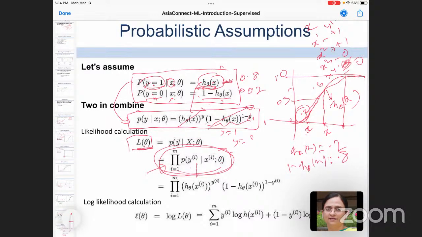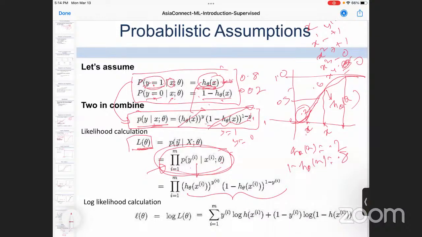If you replace this, as we saw here, you can replace this equation with the detailed term. Normally, for simplicity of calculation, we use the log likelihood. I think all of you know this from elementary calculus. If this is the likelihood, you can use the log likelihood. Take a log, and then the product term becomes a summation. Then it is easier to find the maximum or minimum of this function. So this is L theta.